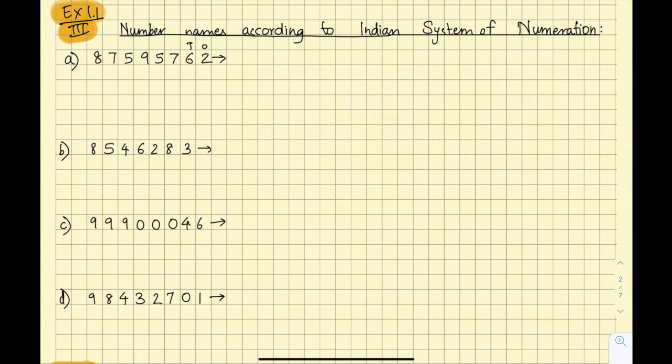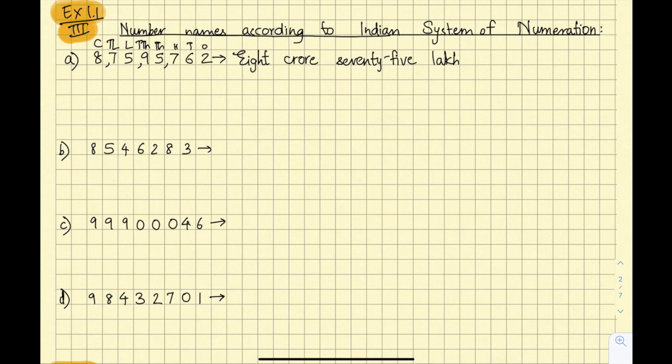Let's get started. So here they have given us certain digits. What we do is in Indian system of numeration, we group into 3, then 2 and 2. That's it. Ones, tens, hundreds, thousand, 10,000, lakh, 10 lakh, crore. Once you do this, your solving becomes as simple as a game. So in the place of crore, you see 8. So just write 8 crore. Then you see in place of lakhs 75. So we will write 75 lakh because we see 75 in the place of lakh.